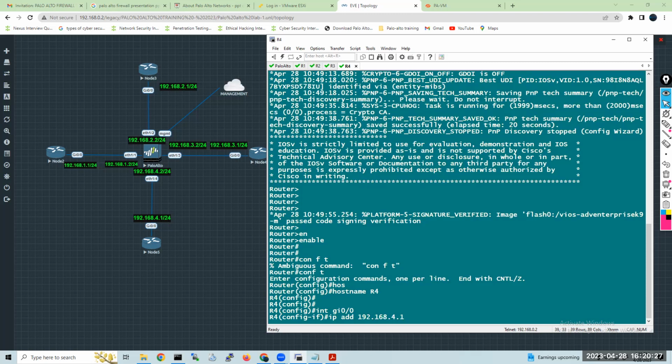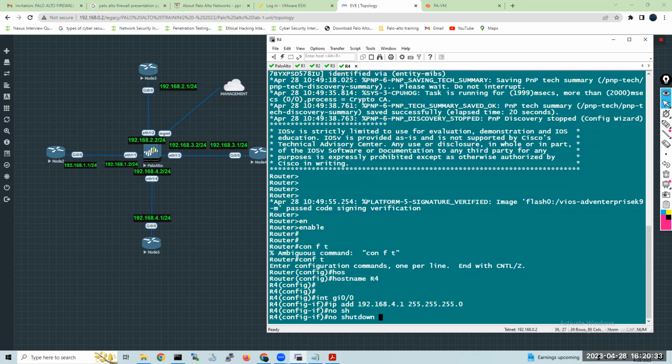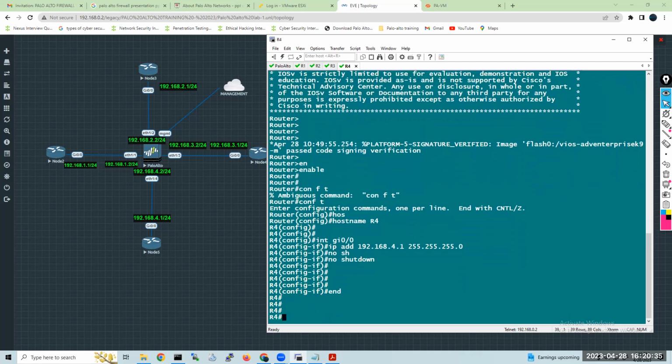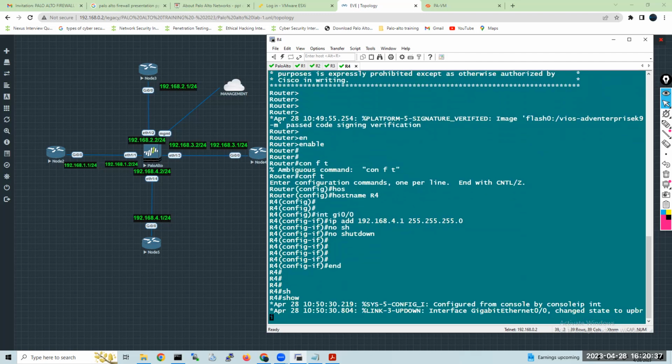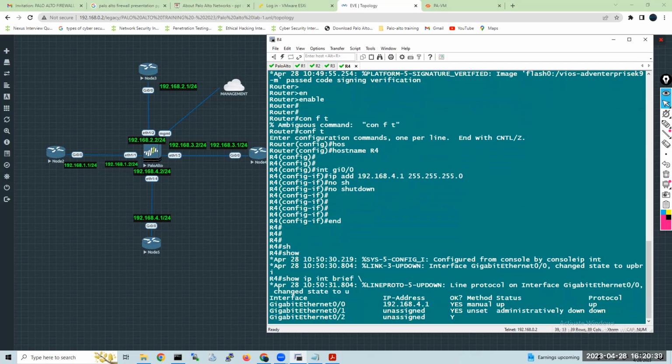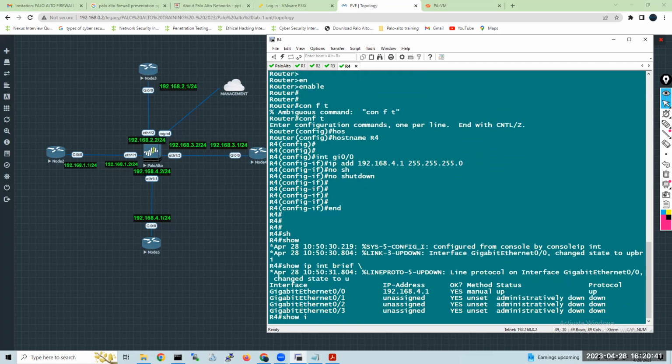This is 4.1, right? Show IP interface, check the verification. Okay, so we have configured correctly, all interfaces are up now.